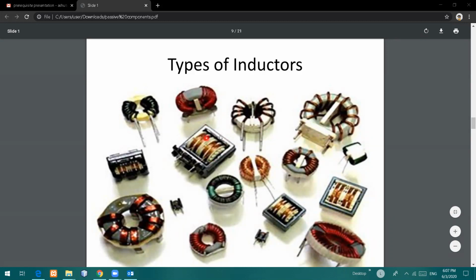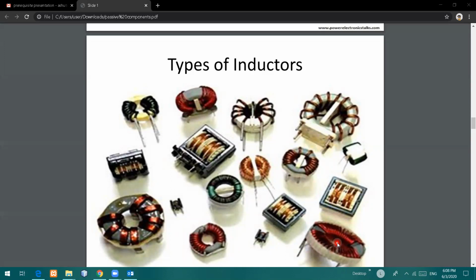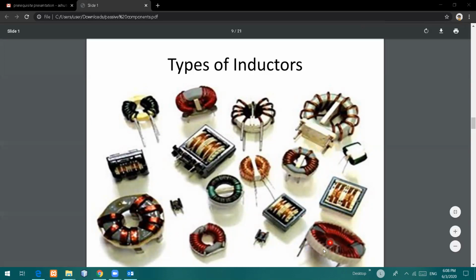This is a transformer made using the inductor core, ferrite core. All these are different types of cores, and the winding is wound on it. This winding with a cross sectional area can generate a particular value of inductance and a particular amount of current. Remember, the cross sectional area of the conductor also is a contributing factor for deciding the power of the inductor. How much power it should carry is going to be decided by the cross sectional area of the conductor and the core area of the inductor.